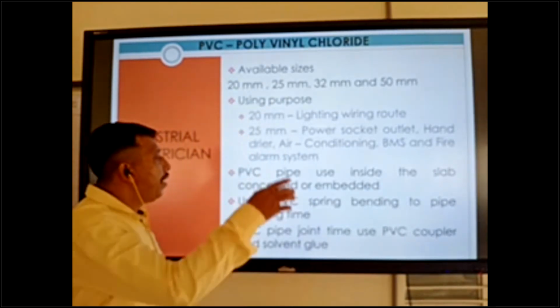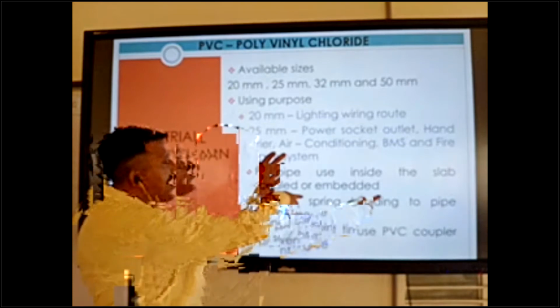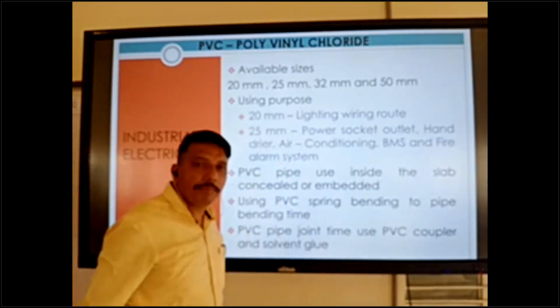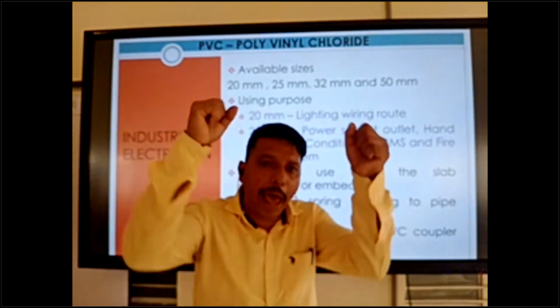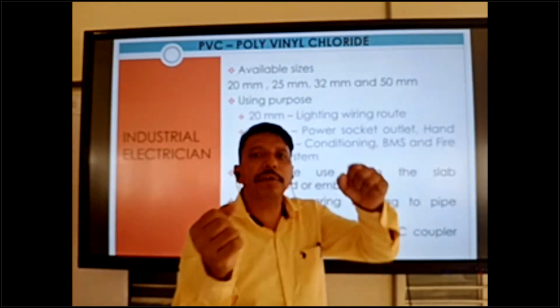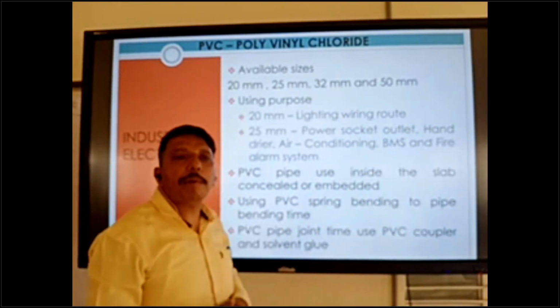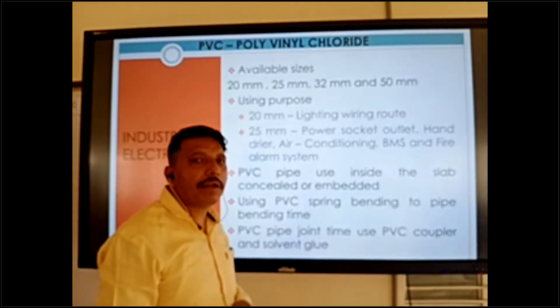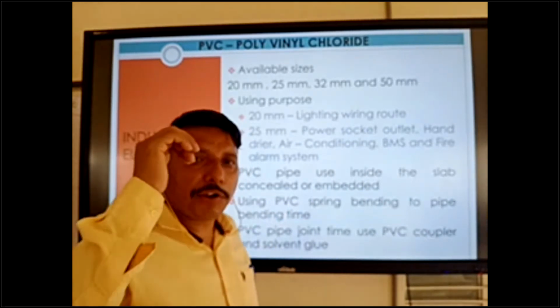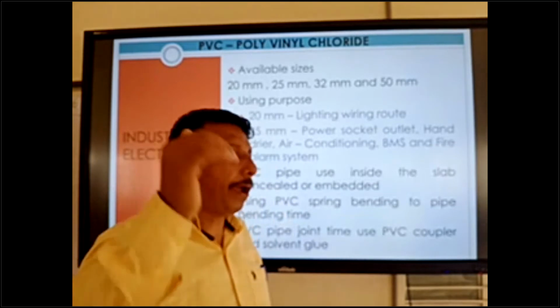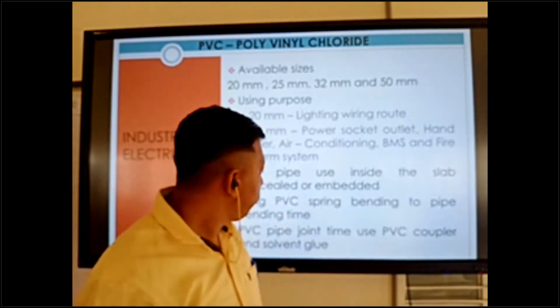We can use a PVC spring bender when we make a 90° bend or a 45° offset, as per your conduit size, 20 and 25.